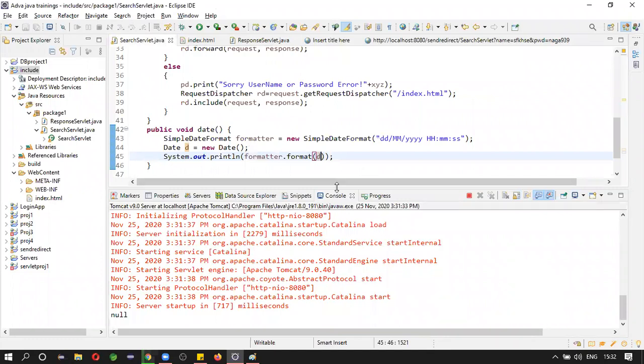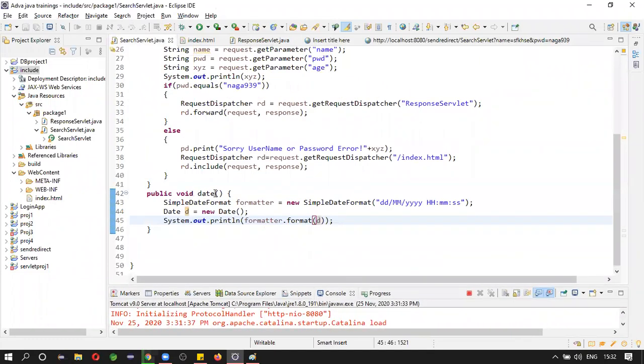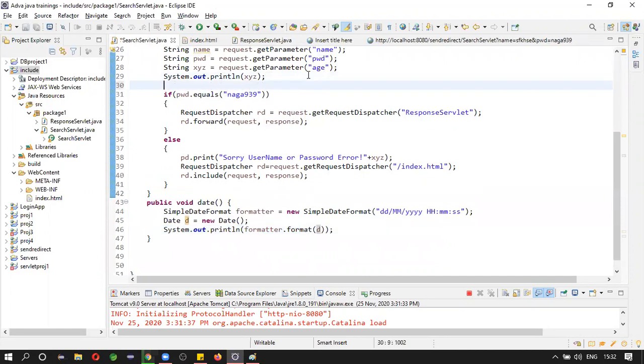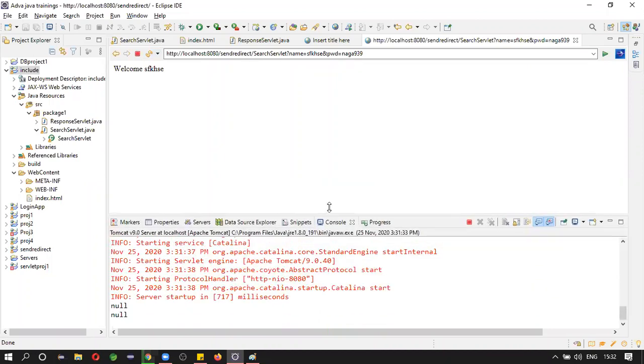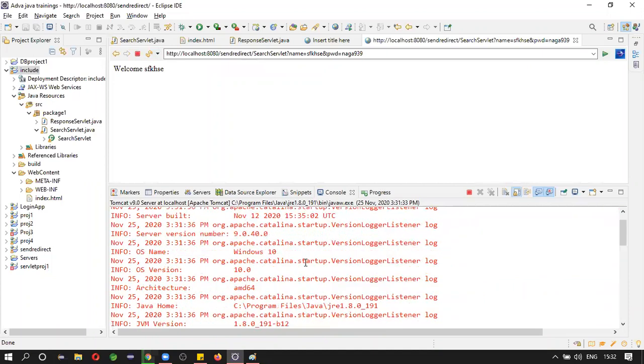Okay, we made a mistake. We just created the method, but we didn't call it. So here I will call the method date. Okay, save this and let's run this program.